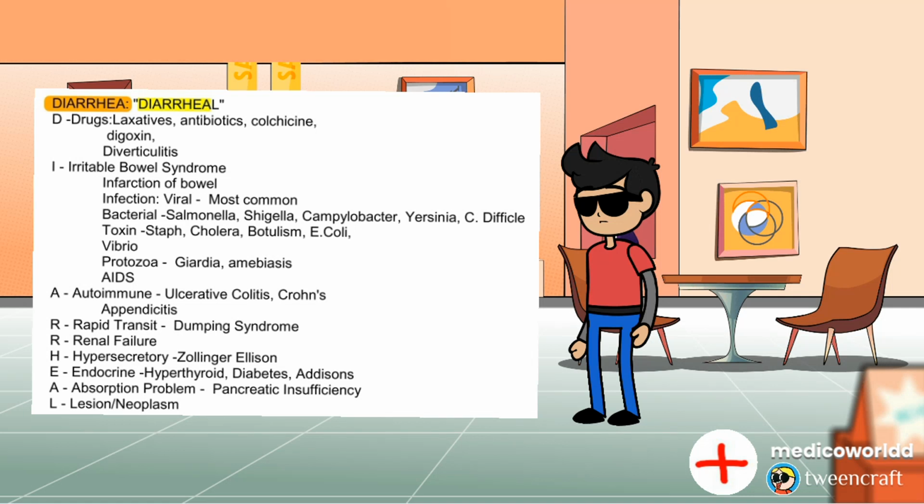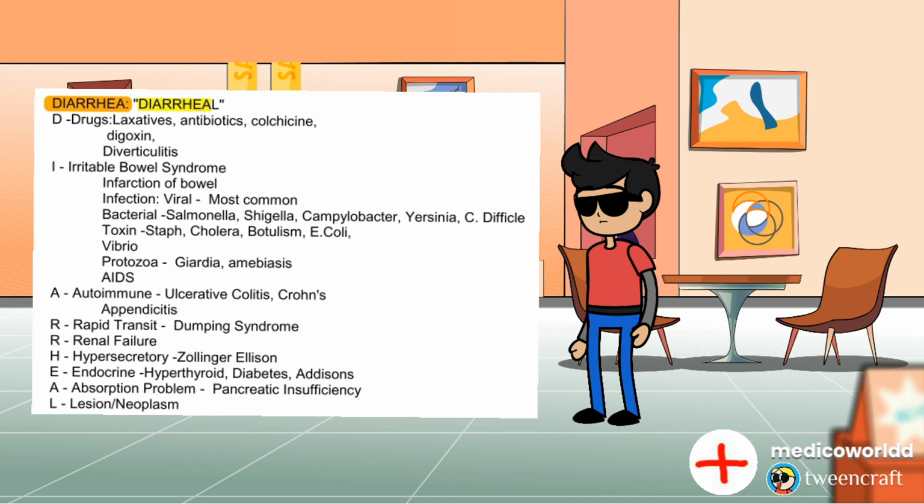Hello everyone, we are discussing the causes of diarrhea. You can remember the causes of diarrhea with the mnemonic DIARRHEAL. D for drugs, I for irritable bowel syndrome, A for autoimmune causes, R for rapid transit, R for renal failure, H for hypersecretory causes, E for endocrinal causes, A for absorption related problems, and L for lesions,